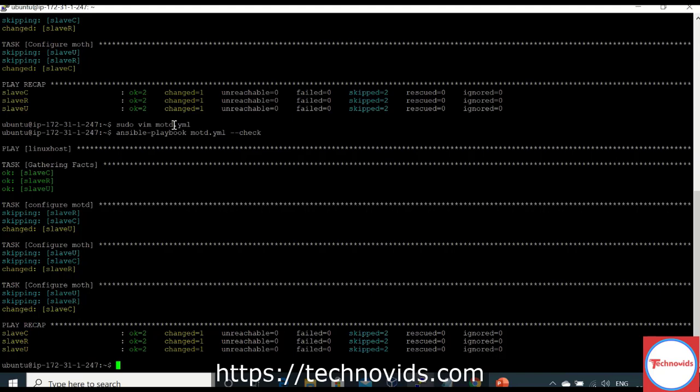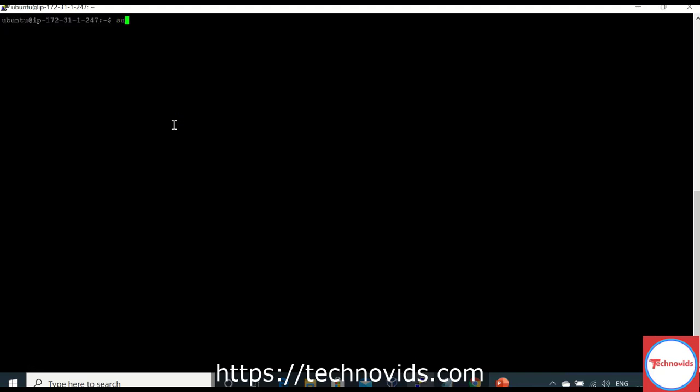Whatever variable you are using in your playbook which comes from the facts that Ansible gathers will automatically get its value if the facts are being gathered. But if you specifically say false, facts don't get gathered, that variable doesn't get its value, and your playbook fails. So now, what does MOTD do?